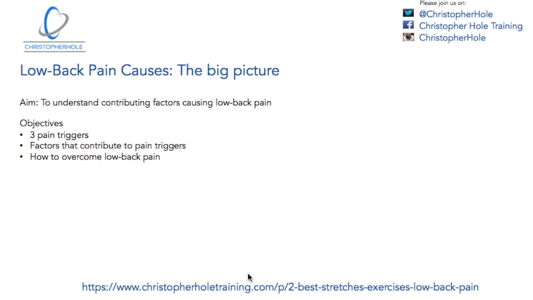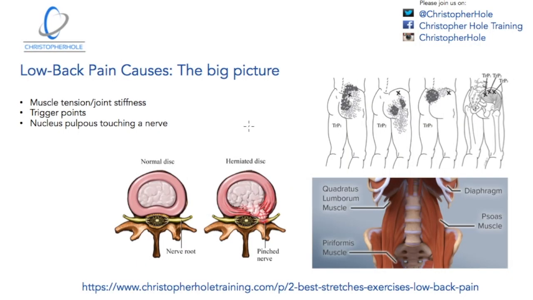So what we are going to be talking about is lower back pain causes, and we're going to be focusing on the bigger picture. On this first slide, we're going to be looking at the 3 pain triggers that I mentioned. Now, these are probably the most common ones that I work with. So we've got muscle tension / joint stiffness, we've got trigger points, and we've got the nucleus pulposus touching a nerve. So essentially, when we're talking about muscle tension and joint stiffness, what I tend to find is it's in this area here